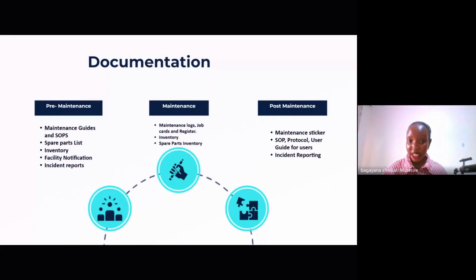Then for post-maintenance, we have the maintenance stickers that are left on the concentrators, SOPs, protocols, user guides for users. This can be based on the maintenance. You notice that the staff haven't been doing a great job, so then you draft a better user guide to support them to use the equipment better, and incident reporting.